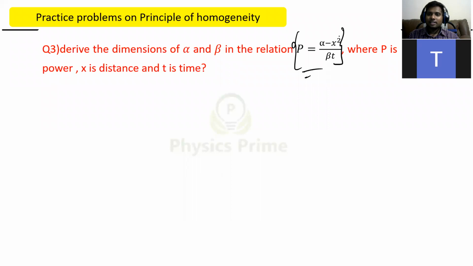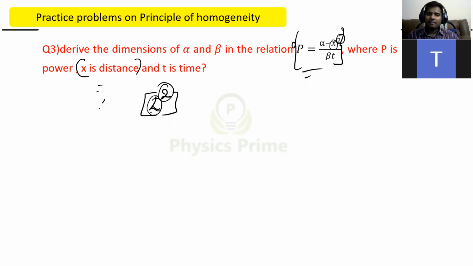Anything to the square, this 2 is not having dimension, but this x square will be having dimension. Suppose x is distance. So I took it as M0, L1 and T0. x square will become L square. This 2 will not have dimensions, but this length square will have dimension L square. If it is e power 2 here, it will not have any dimension, because e power 2 is nothing, no dimension, but length square is having dimensions, right? So L square.